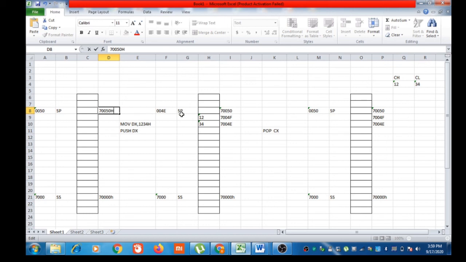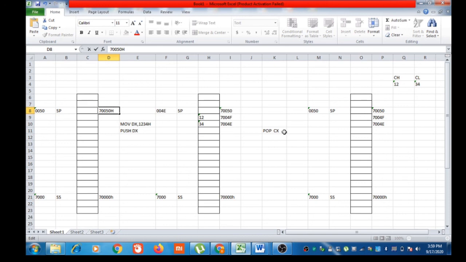See, SP carries the value 004EH. Previously it was 0050H. Now we are performing a pop operation, POP CX, that is we are taking the stack content to the CX register.